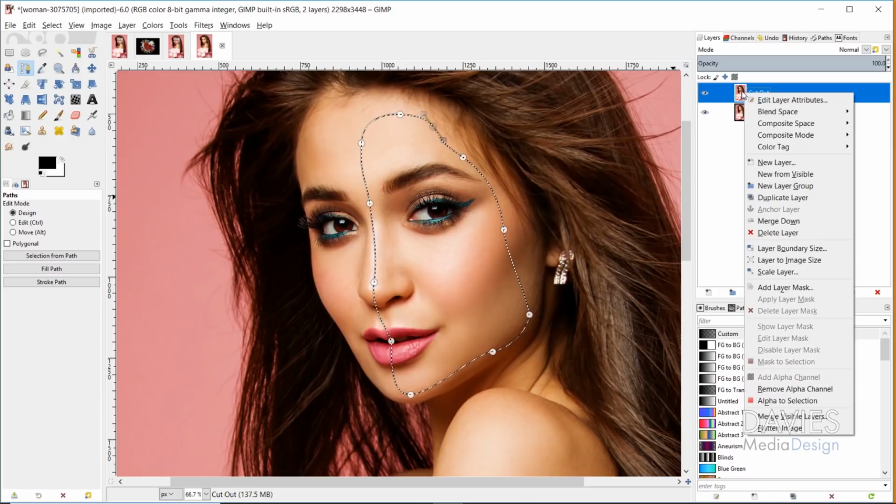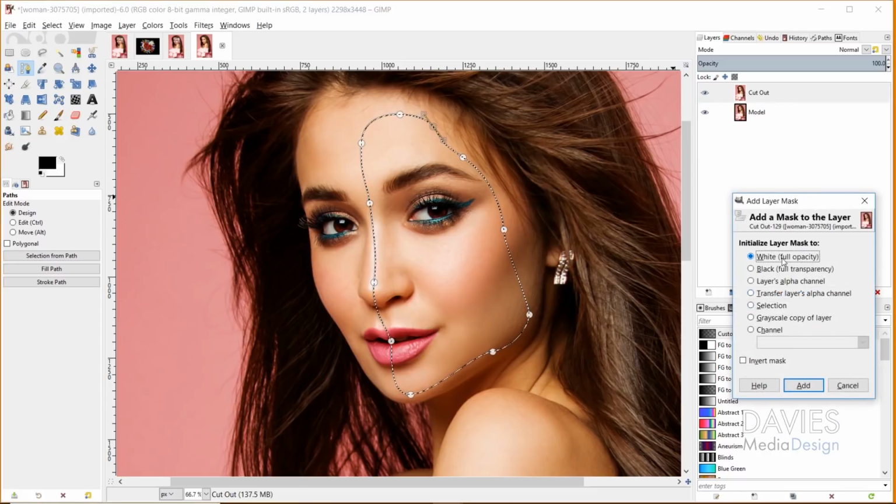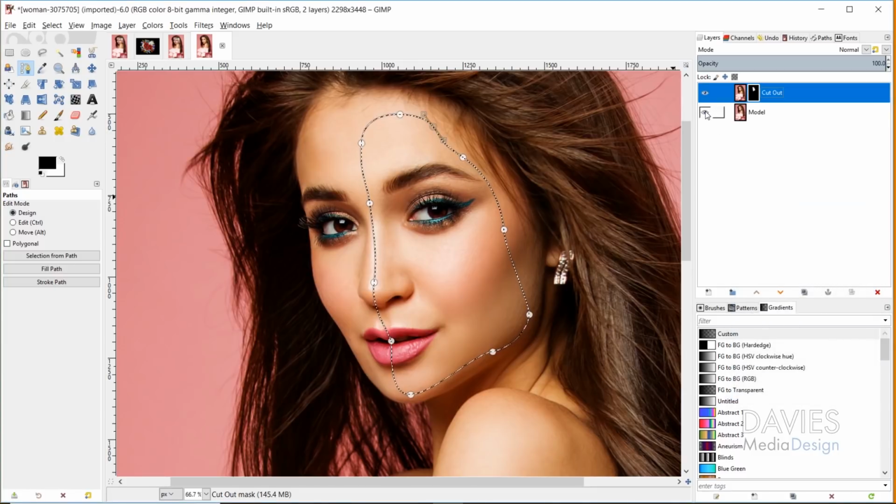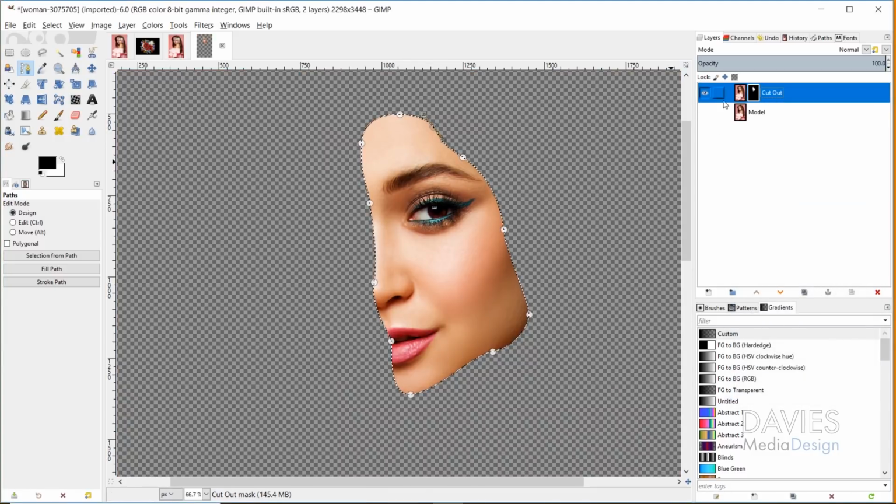So I'm going to right click on this layer, go to Add Layer Mask, and under Initialize Layer Mask to, I'm going to choose Selection and click Add. And now if I hide the original model layer, you'll see all that's left on this cutout layer is the cutout of the face. I'm going to keep the selection area selected